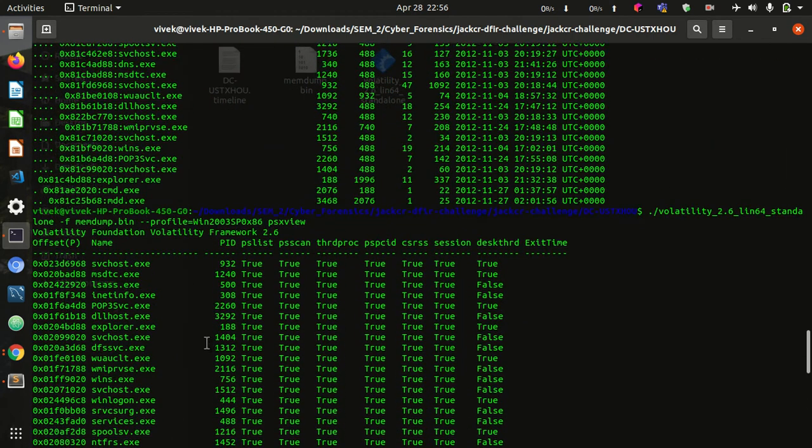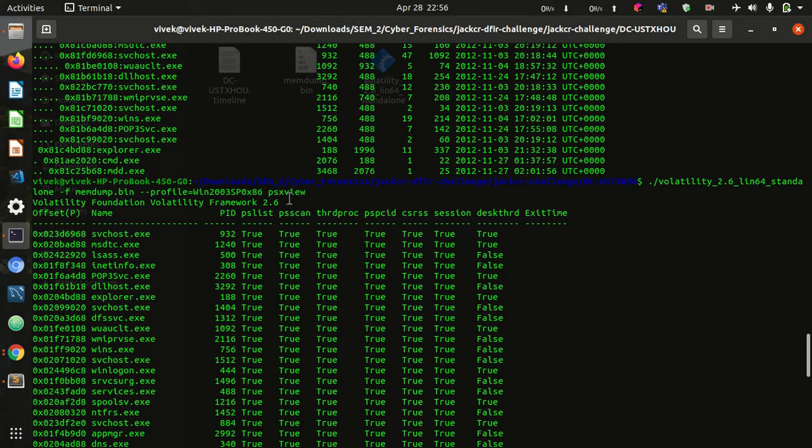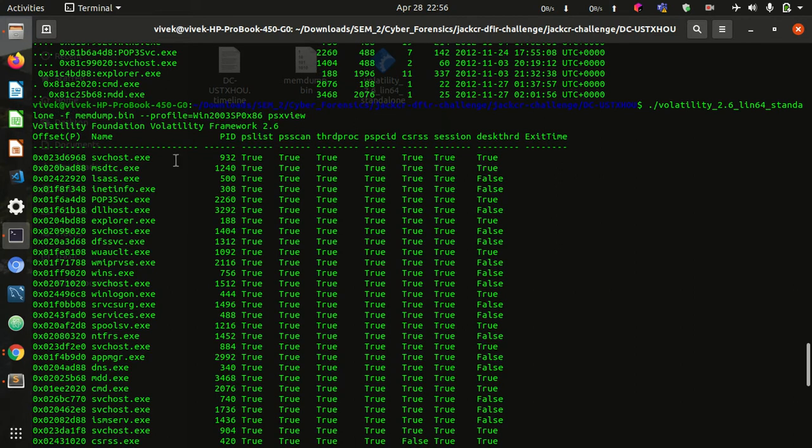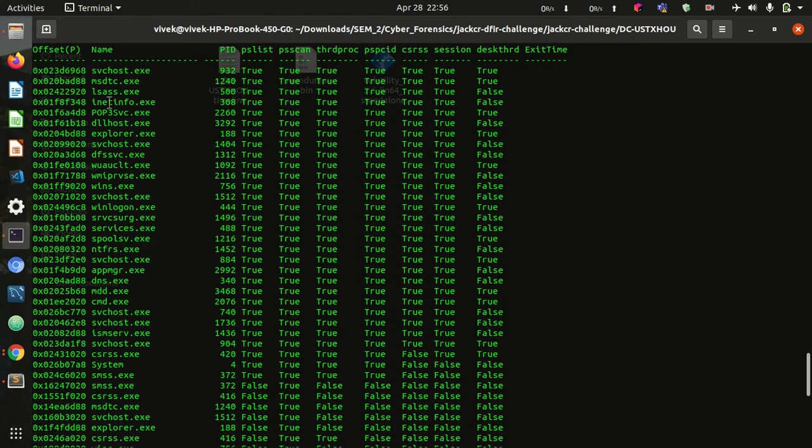Here is the output of the psxview command. First we had run the pslist command, and these were all the processes that we got in the pslist output. The ones where it is true were the processes listed in the pslist command.